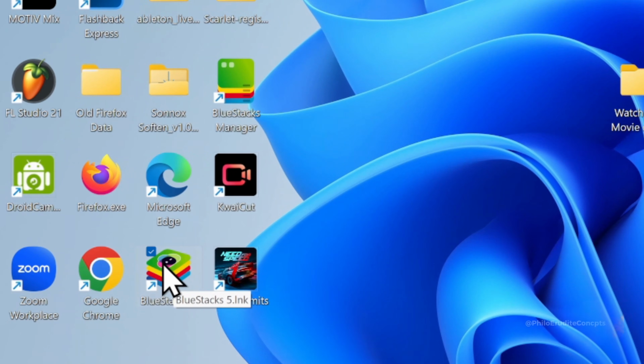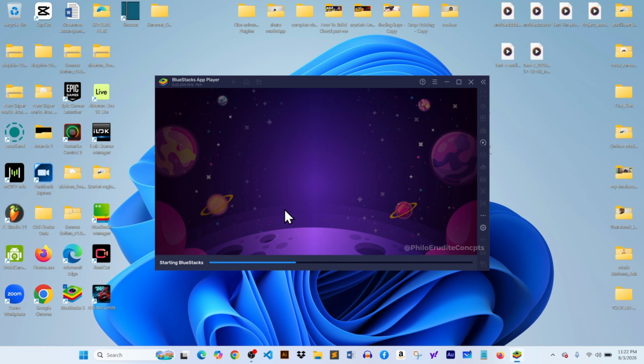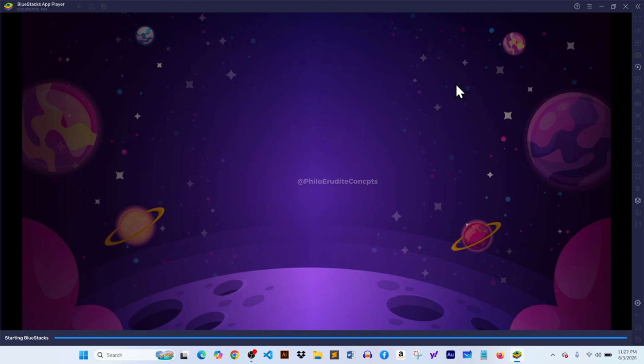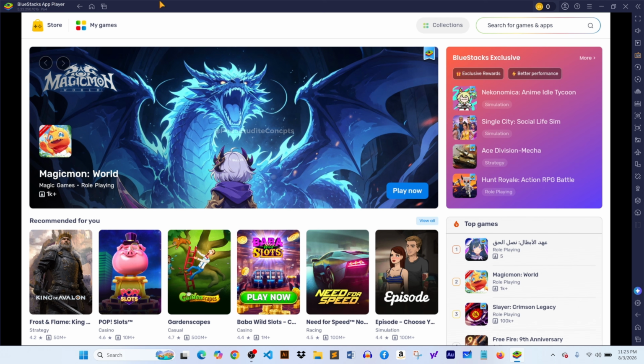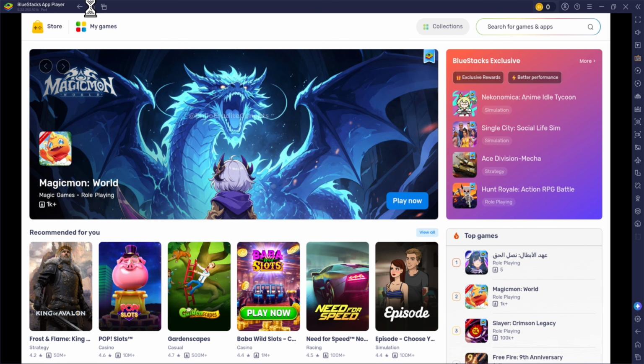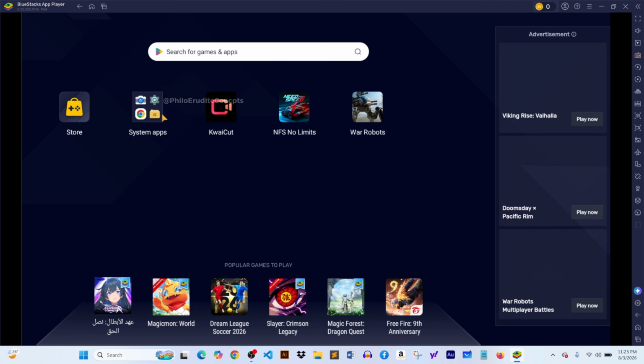With BlueStacks Android Emulator on your PC, you can watch free movies just like they do on your Android phone. Launch BlueStacks. I will maximize this. Let's wait for it to load. Here we have it. Next, we'll click on the Home icon on the BlueStacks application, click System Apps,